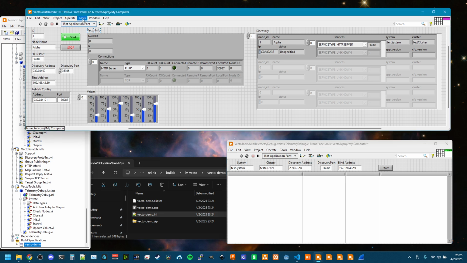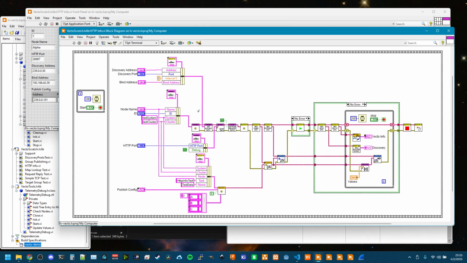So here up at the top, this is kind of just a little demonstration VI, maybe not that little. Got a fair bit going on, but it exercises programmatically generating config for a Vecto application, getting things running, setting up one group of data to publish, and it's just got 6 values. So setting that up in the current value table mechanism, registering it to be a published group, and then kicking